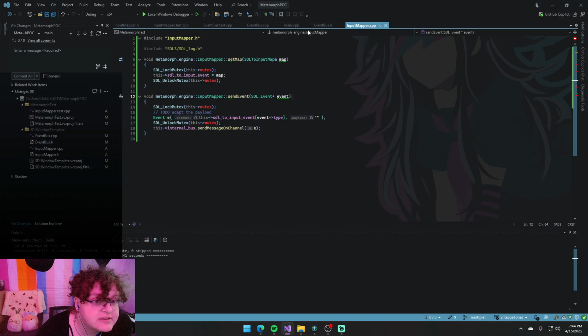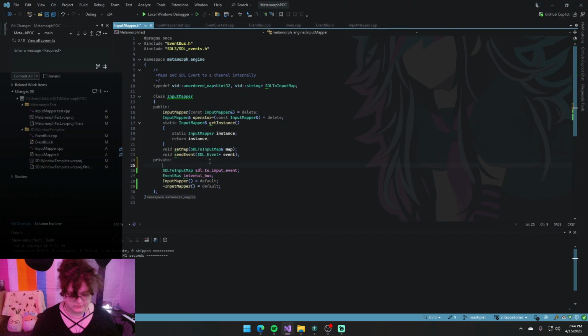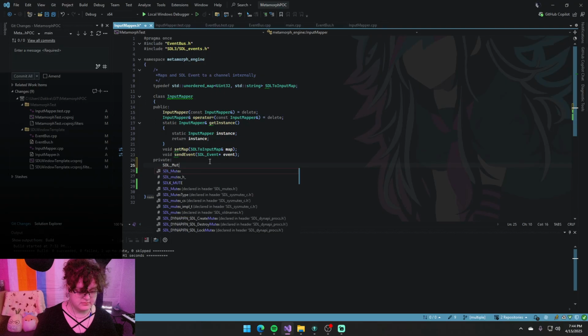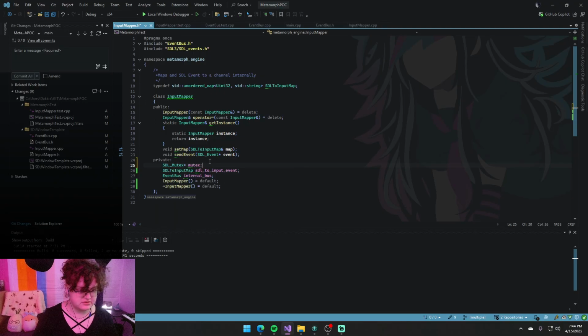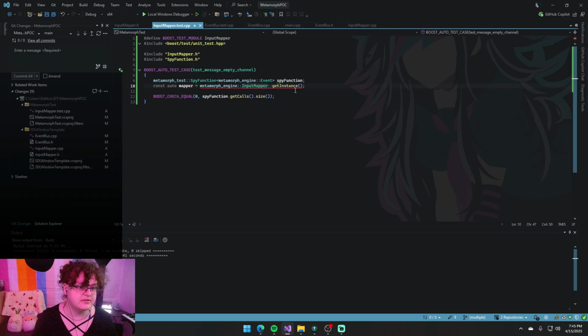Yeah, how do I lifetime manage this thing? All right. So SDL mutex pointer mutex. There's just no questions. I need this. Technically, this will be fine right now because I don't have a creation of it, and the input mapper would be fine. And then if I come out here to the test,